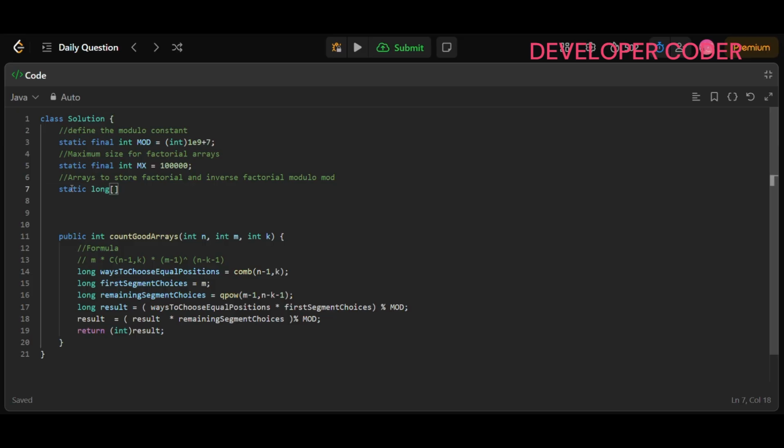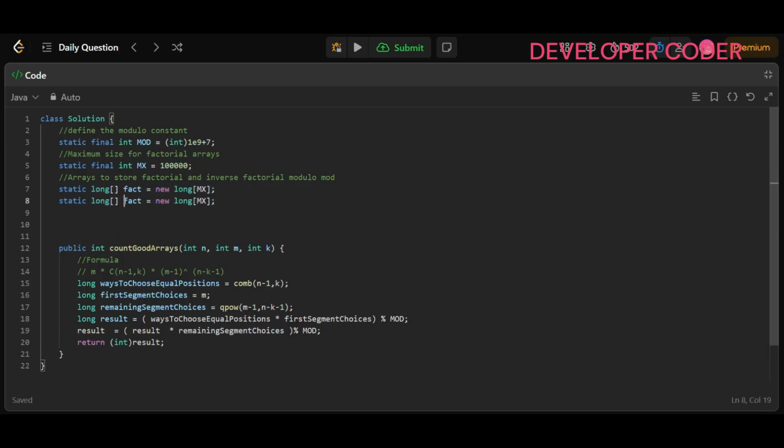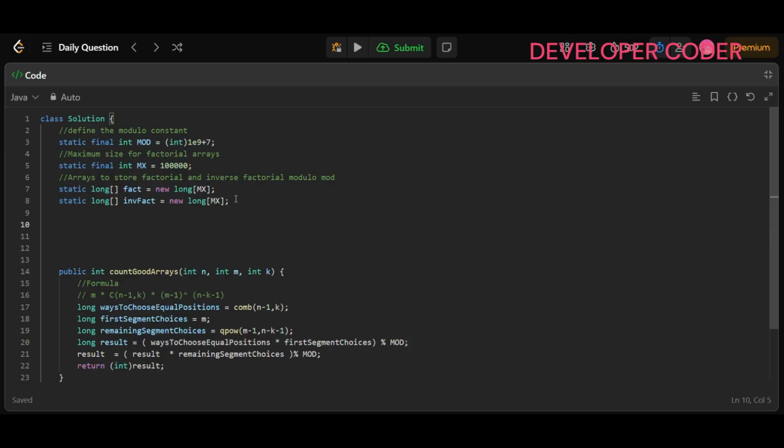Size we already know, that is nothing but mx. static long fact is equal to new long of mx. And same thing, you can copy this and paste it here for inverse factorial, and let's make it capital, inverse factorial. Done. Now we have to create the static initializer block to pre-compute factorials and